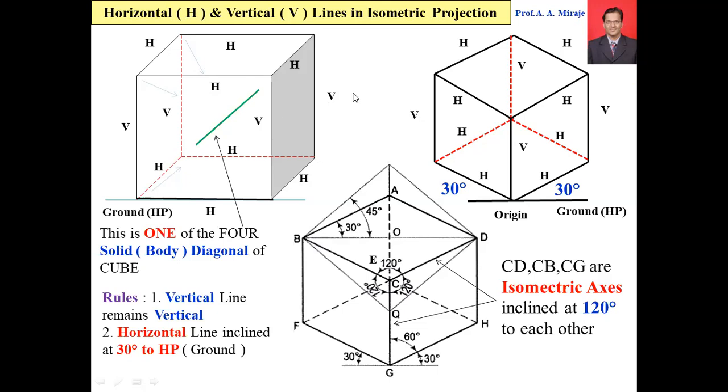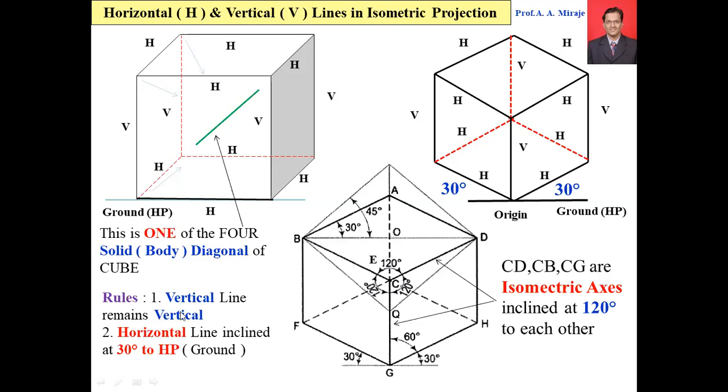So in the isometric, what is important for us is to understand which is a horizontal line and which is a vertical line. If you can understand that, then the isometric becomes very easy. Now see, there are 4 vertical lines, that is clear. This is a vertical line, for example BF. This is another vertical line, for example CG. This third vertical line is, for example, DH. The fourth vertical line, which is dotted here, is from A to E. So 1, 2, 3, 4. So these are 4 vertical lines.